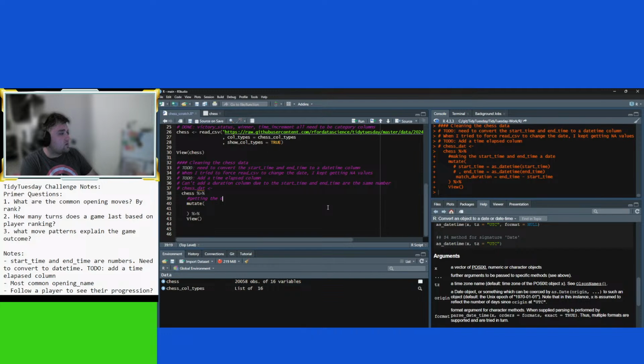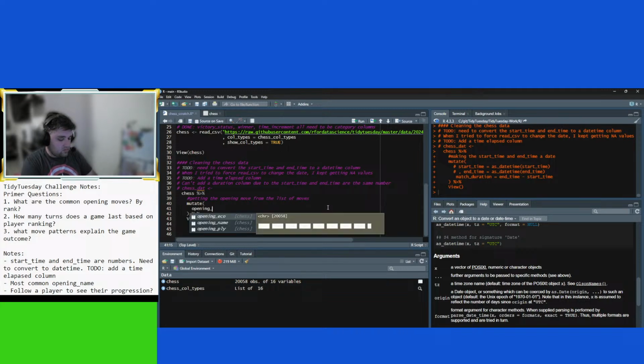Getting the opening move from the list of moves. Okay, so opening move.